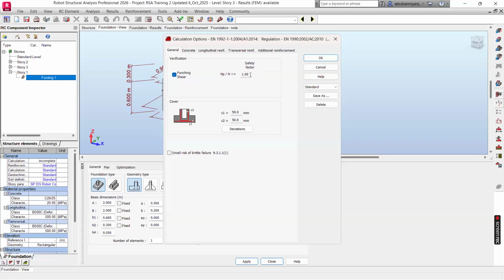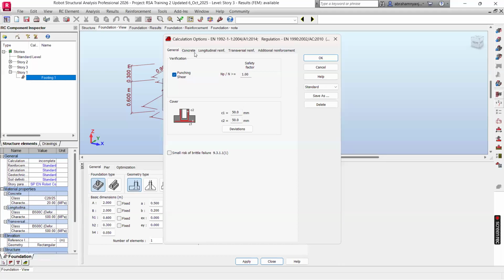And still, the difference here comes in with Eurocode and BS. For BS, you can decide to choose a safety factor, maybe 1.2. But for Eurocode, if the capacity is more than the design force, then it is okay. But for BS, you can choose a safety factor and say maybe 1.2, or a cover, we are going to leave it